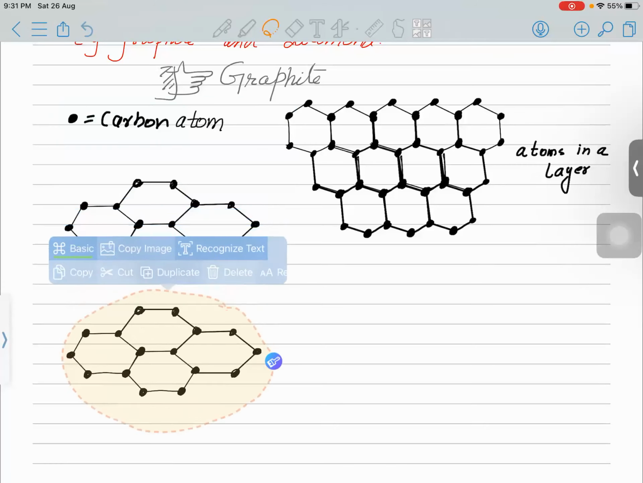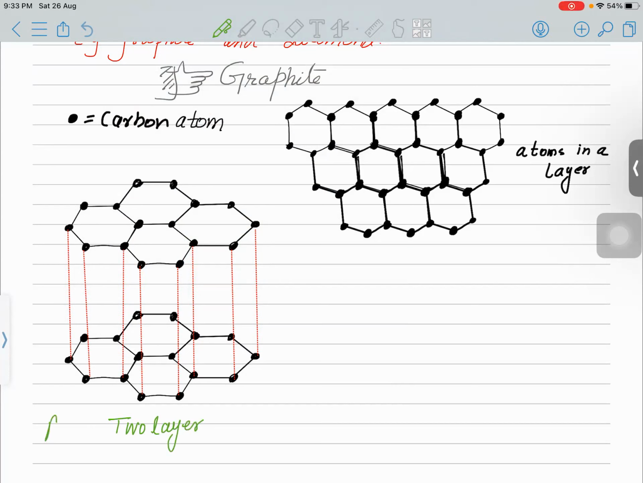So this one is two layers, right? Atoms in two layers. Are you getting my point or not? Yes, sir. So first point is